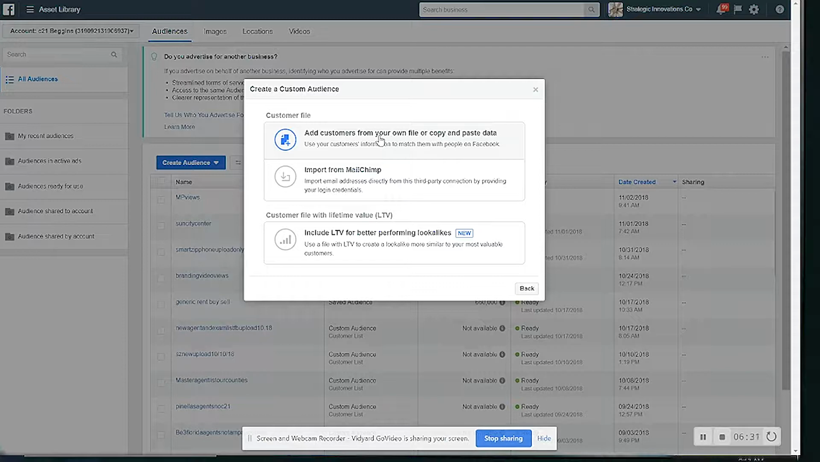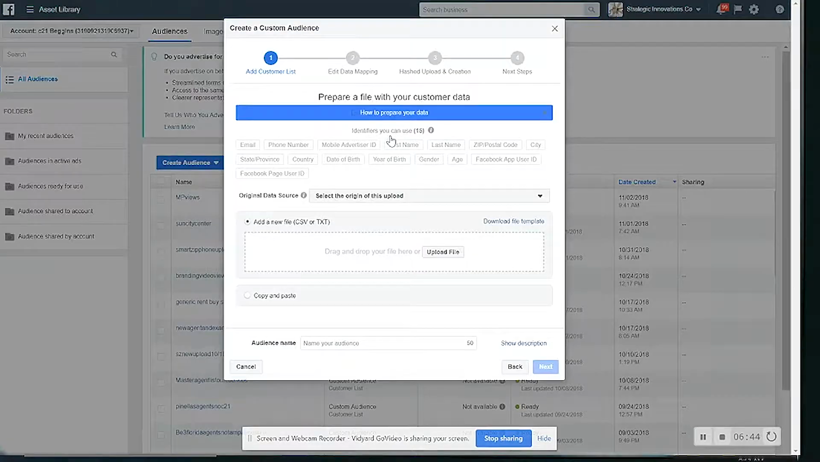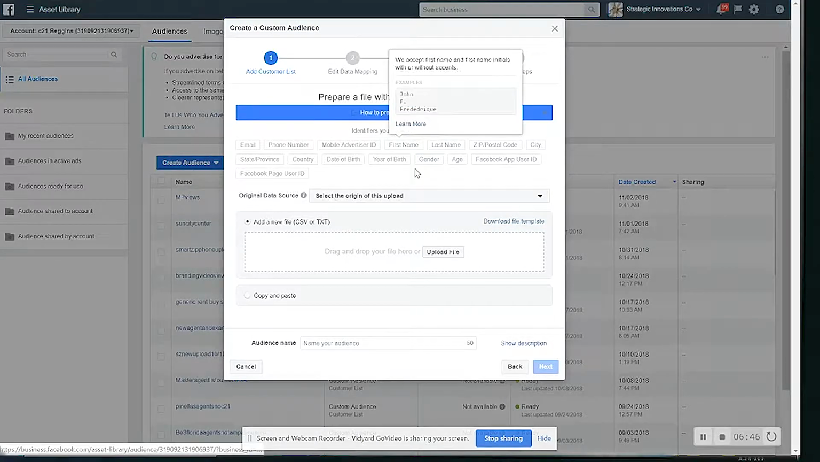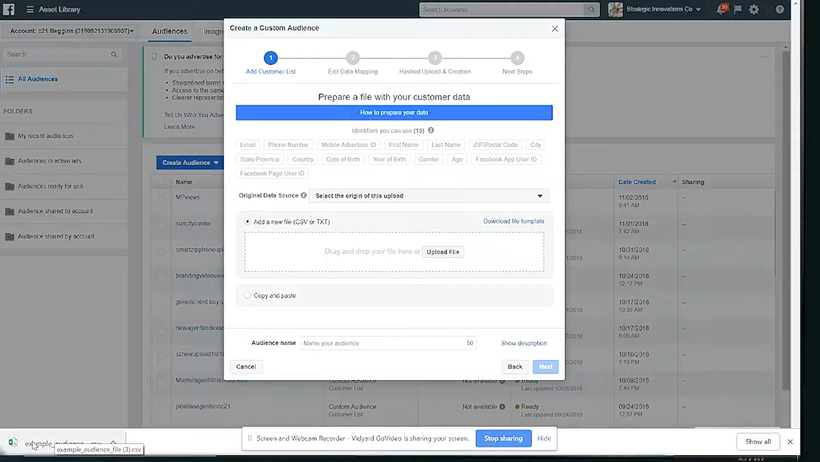Hold on one second. And then Facebook's going to load here our upload center, right? So from here, all you have to do is upload your file. Now, Facebook likes that data in a particular kind of manner. So in order to do this, it just involves a little bit of copy and paste, not a big deal. So what you're going to do is click this download file template. You're going to see that downloading right here. So I'm going to open this file template up,